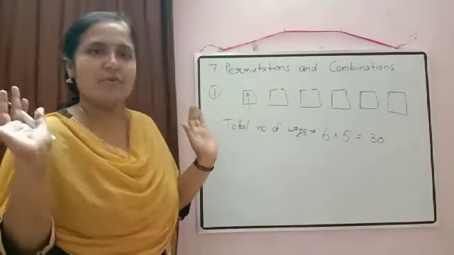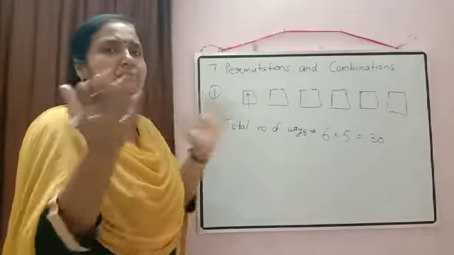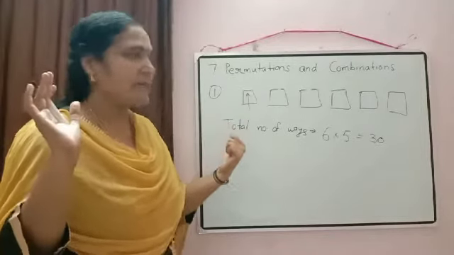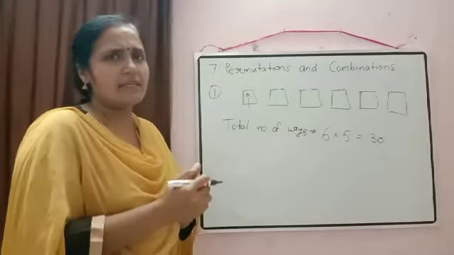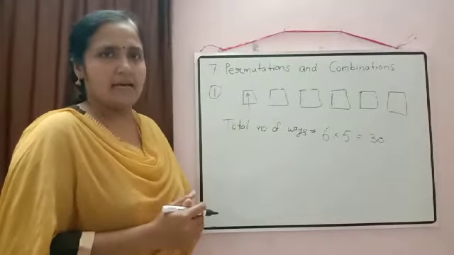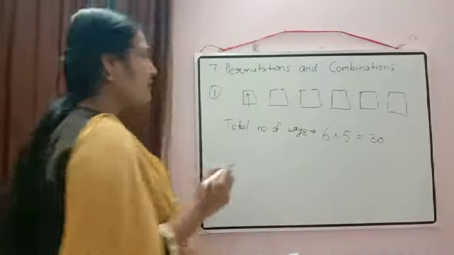This much only you have to do there. There is nothing more than that. You are finding all the possible ways of arrangement. So I think this question is clear. Just what are the options available with us, that only you have to check. Okay. Shall we do the next one? Okay. Now just to check the next question.